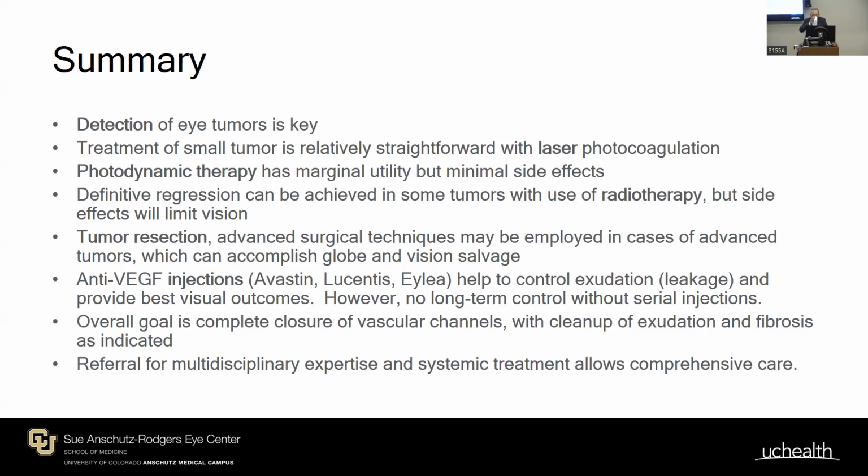So to summarize, the detection part is fairly easy. Photodynamic therapy is marginally helpful. Anti-VEGF plays a limited role, but it's not primary therapy. Definitive destructive therapy with either radiation or laser is really the mainstay, particularly for advanced lesions. If you do treat these, treat them until they're completely closed. So a homeopathic dose of laser, because you haven't done focal laser in a long time, doesn't do it. Keep lasering until you've closed the vascular channels, and then work with a multidisciplinary team to make sure that these